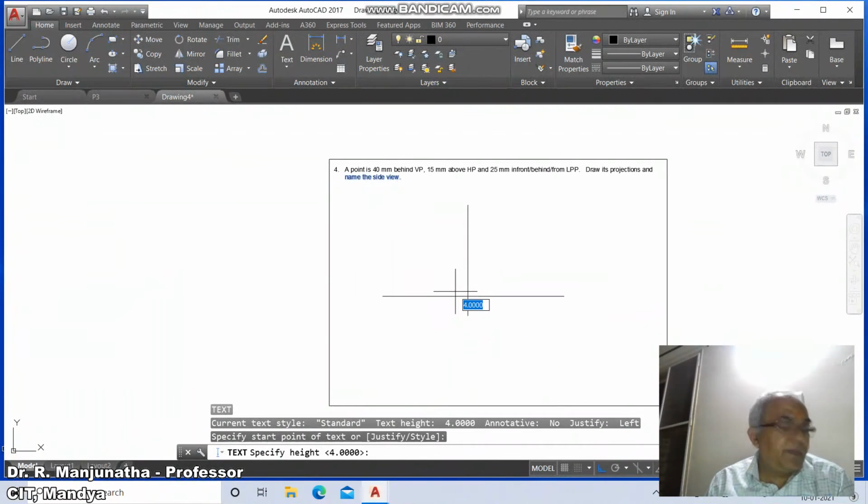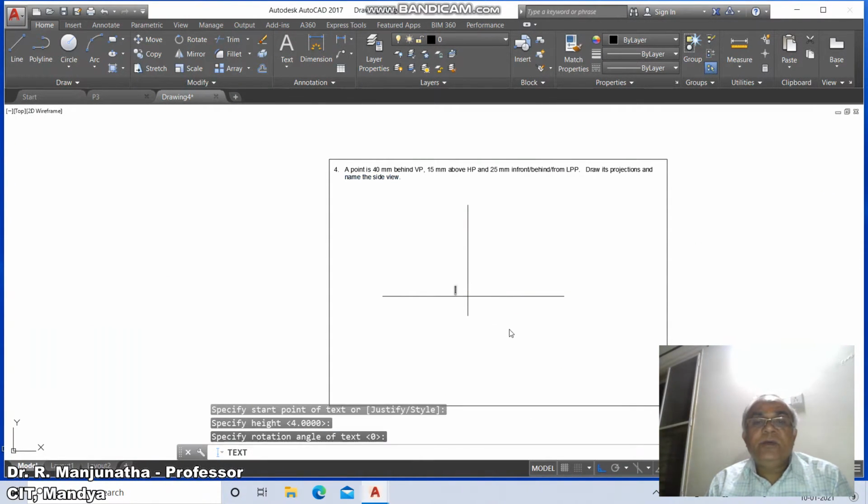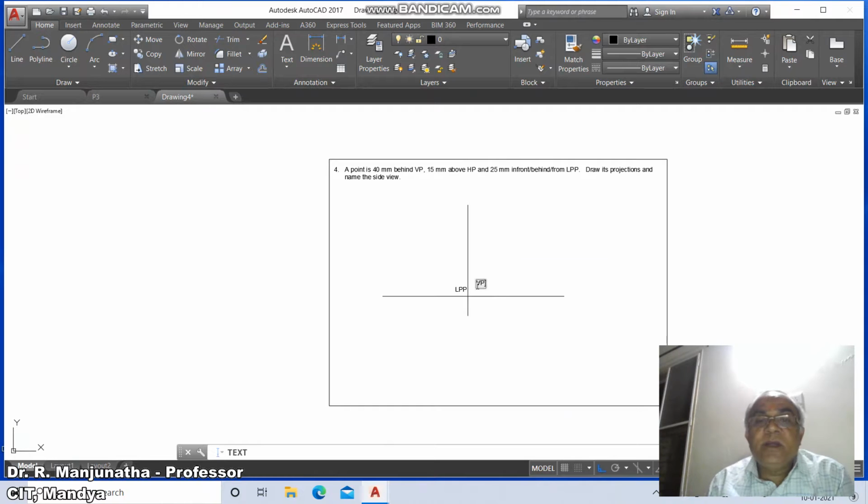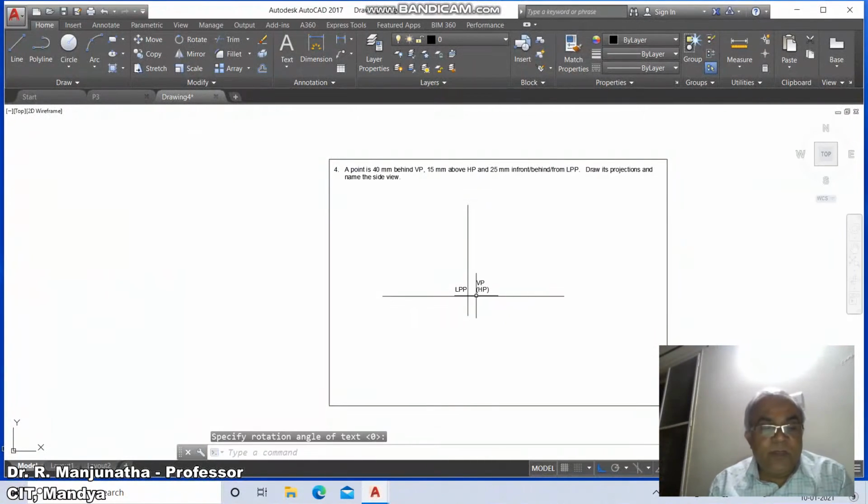So you type LPP, text address tab 4, type LPP here. Then go to VP and HP here. So type VP and then here you type HP in bracket because HP is the one which is rotated. So then go to zoom window,